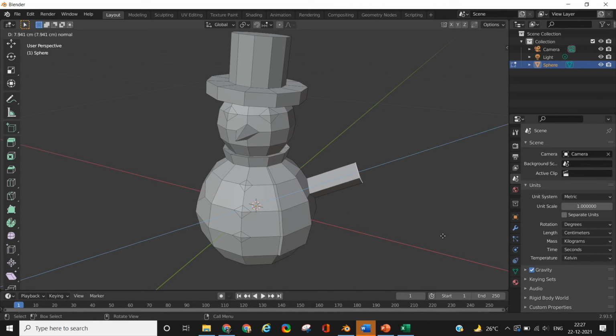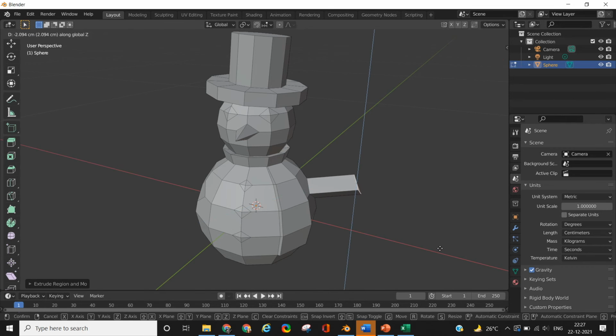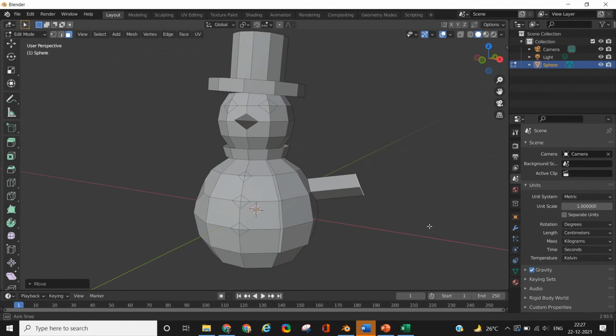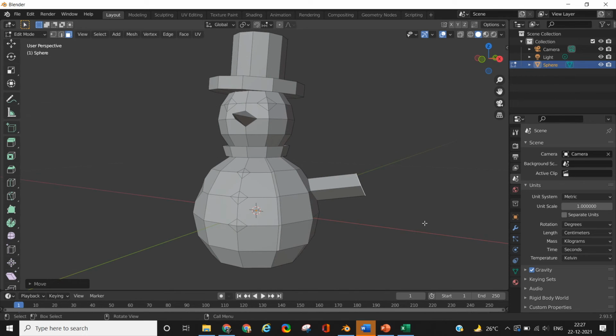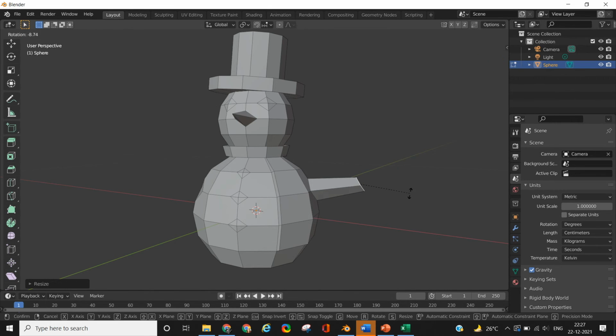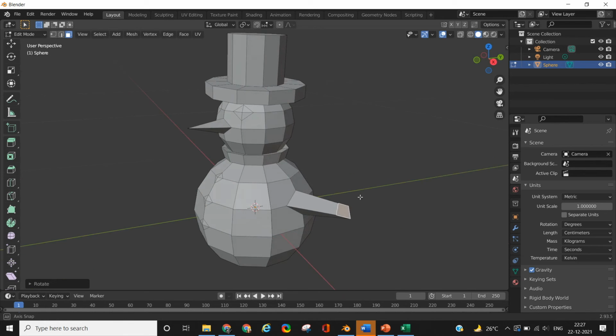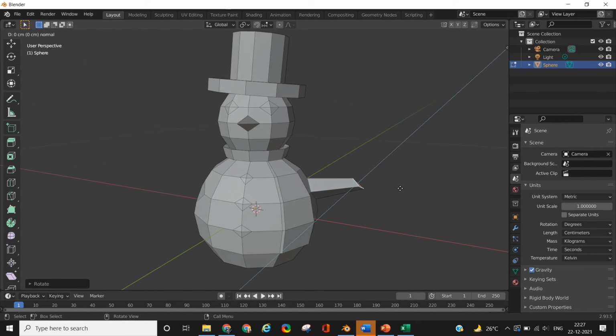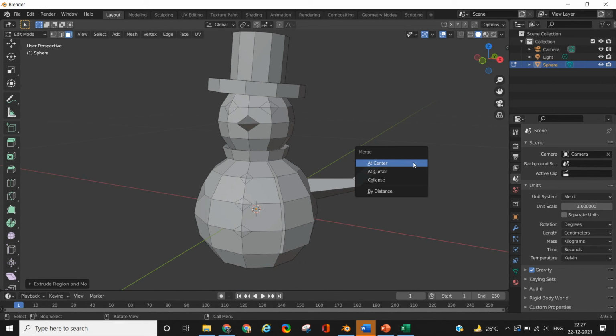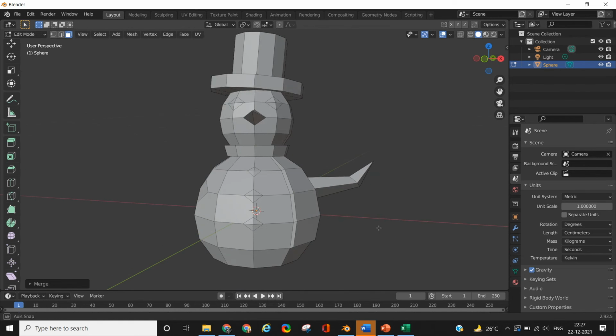Then scale it down slightly, so press S and scale it down, or you can also move it up and down depending upon how you want the orientation of the arm to be, but we definitely need to scale down slightly, and then press E again to extrude. And now we want the ends to be pointy. If you want the orientation to change, then you can press R on your keyboard to rotate that end face in whatever direction you want, and then press the extrusion. To merge the points at the end, keeping the end face selected, press M on the keyboard and then merge. Follow a similar procedure for the other arm also.